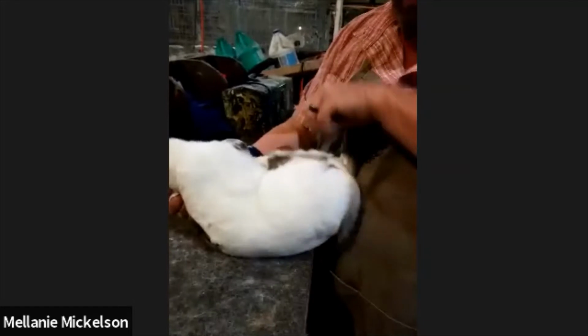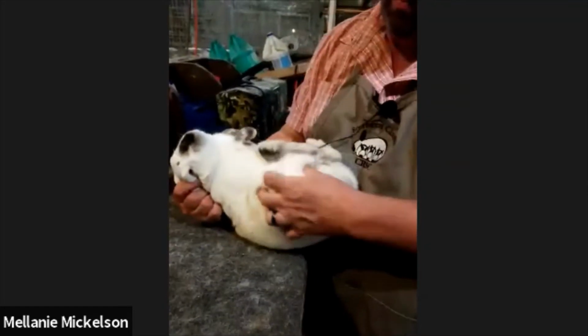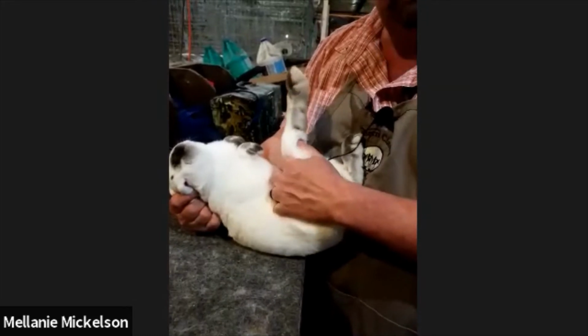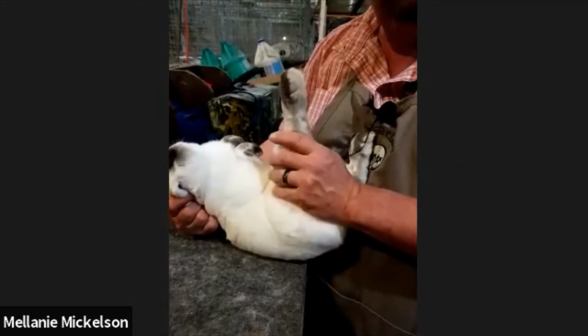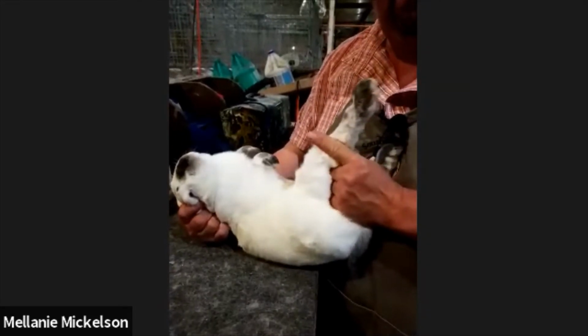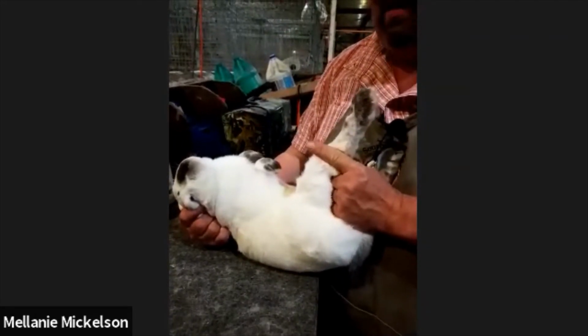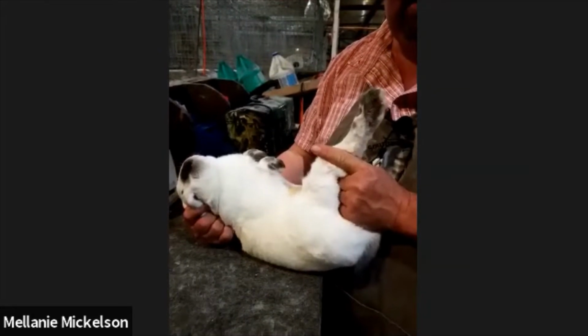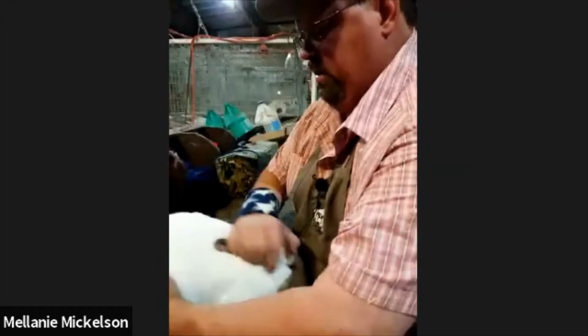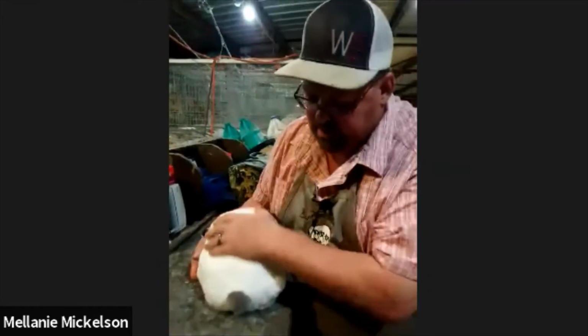Same thing on the back hock. If it goes past half an inch past the bottom of his big old foot, about a finger length up his leg, that's a disqualification. A lot of places that smut will happen on a grown Californian is back here on the very back end